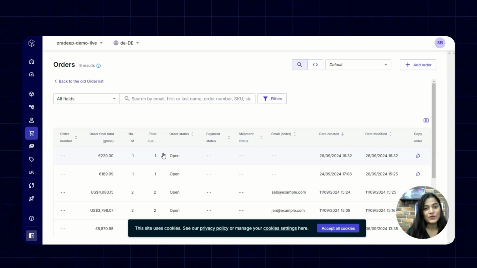For importing all these orders to your MVM panel, you need to make sure that all the products which are available in your MVM panel should be assigned to a particular seller, or you can assign the products to multiple sellers. Right now we're going to assign all the products to a particular seller.